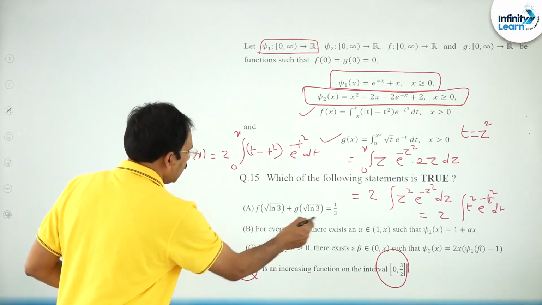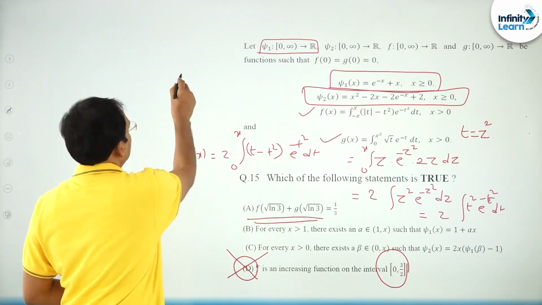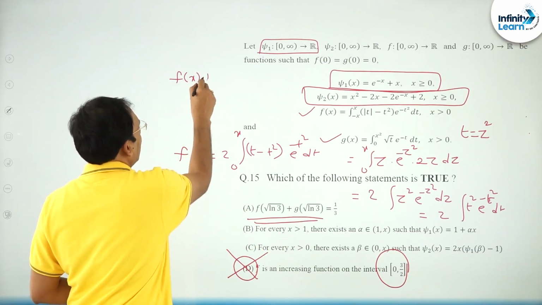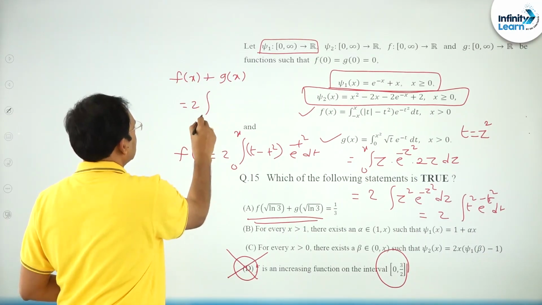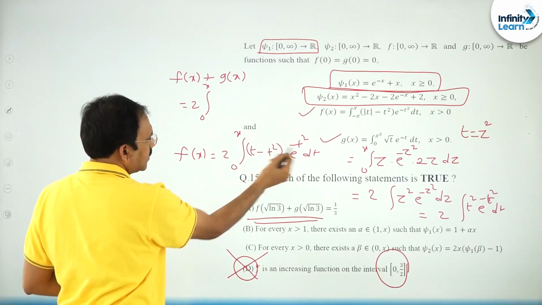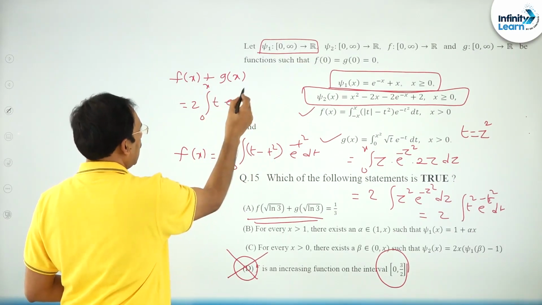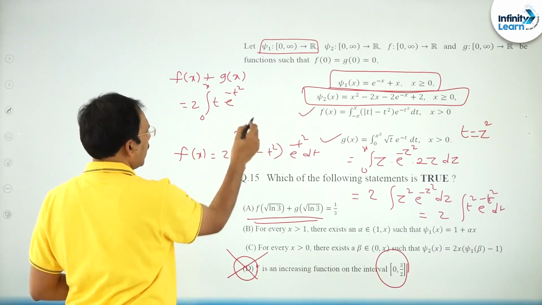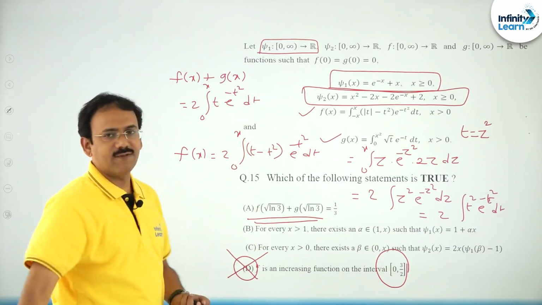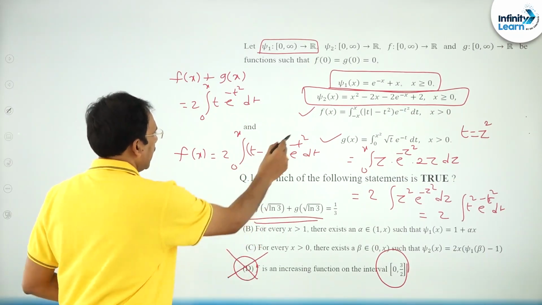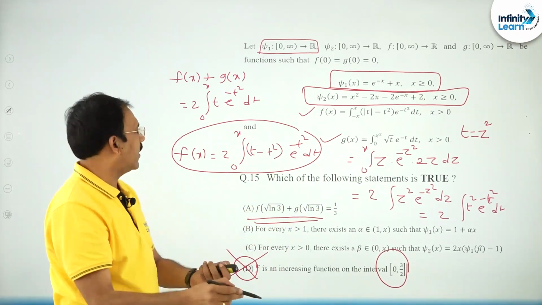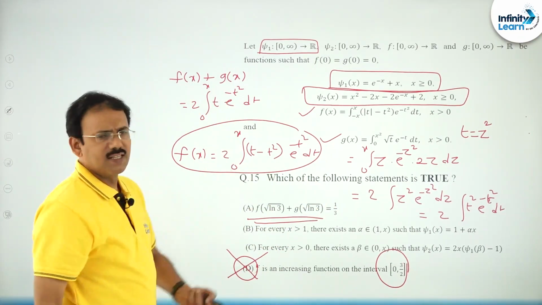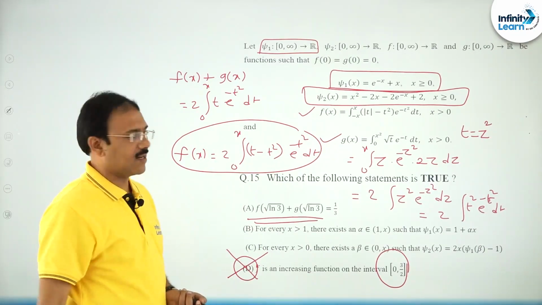Now you just try to find f of x plus g of x. Let me write here, f of x plus g of x is going to be, friends, 2 times integral 0 to x, the second term gets cancelled, t into e power minus t square dt, this is the left out one. Clear, friends? f of x is obtained from the first case, g of x I have simplified to this, I have added this. Is this not an easy integral?